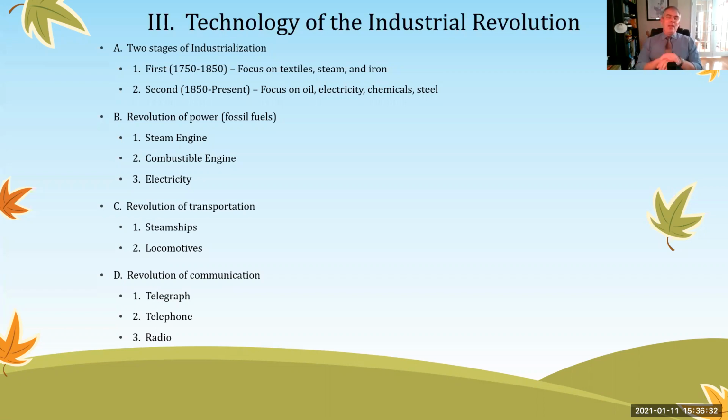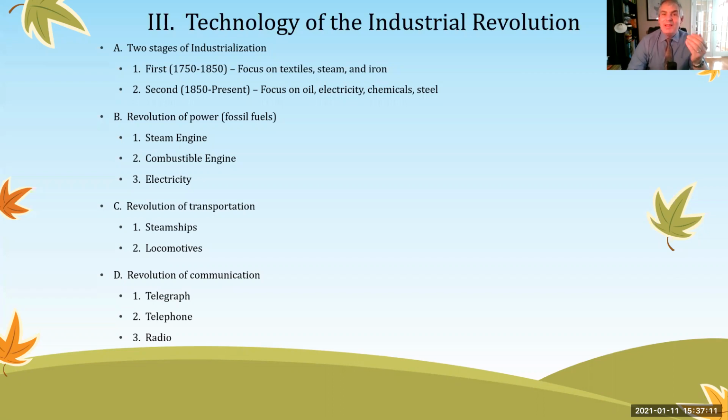And the steam engine is going to provide a new source of power that's going to power the machines. Nice and easy. The combustible engine is going to come along in the second revolution. And the combustible engine is going to utilize oil-based products such as gasoline and kerosene. So the combustible engine is going to be much more powerful than what the steam engine can produce. So it can move the machines faster, if you will. It can power more powerful machines, and it can also do the process of machine work